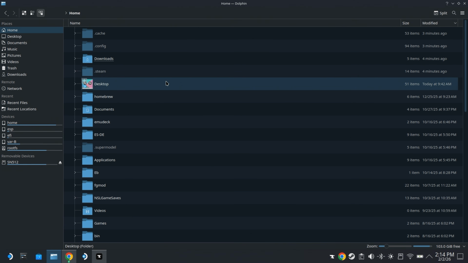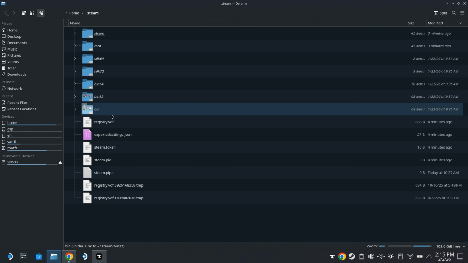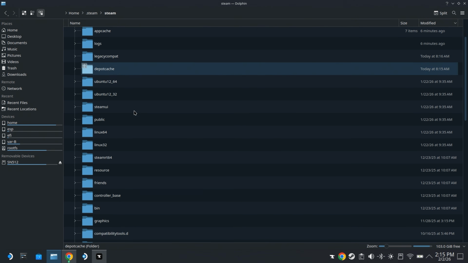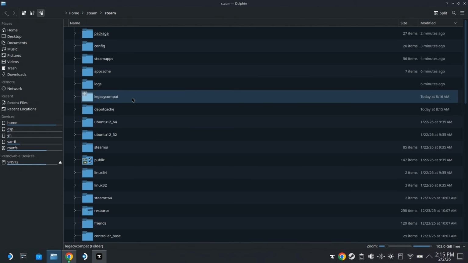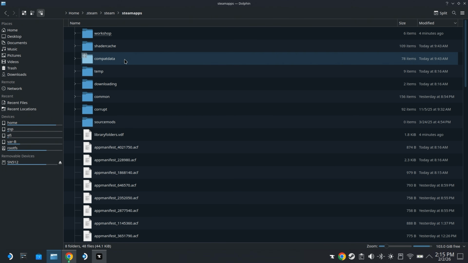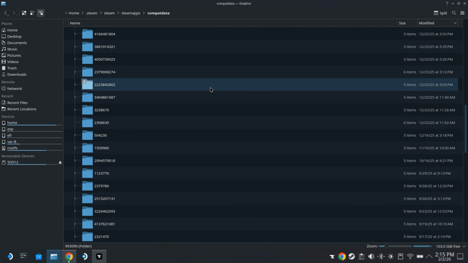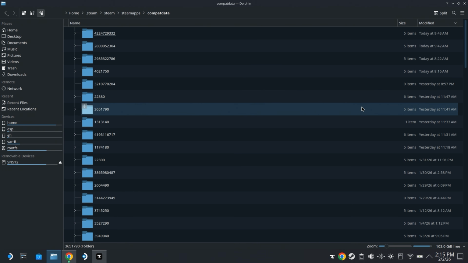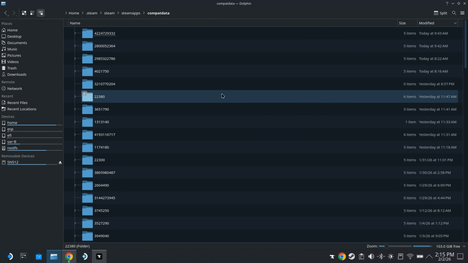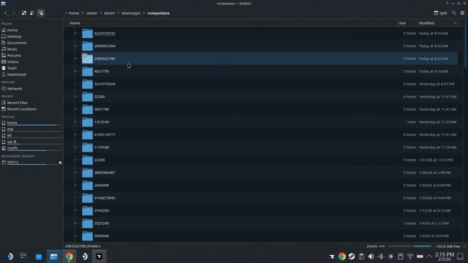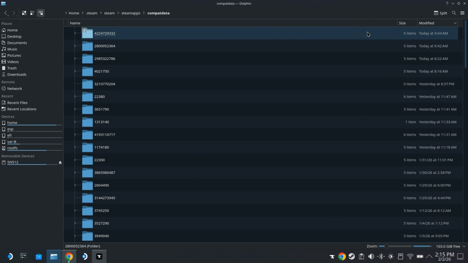The one you're looking for is .steam, and then you want to go to Steam, then Steam Apps, Gamepad Data, and here you're going to see a lot of folders. Each of these folders is a game installed on Steam. In one of these folders, BattleNet and World of Warcraft are going to be installed. The way to find it is you can click on Modified,